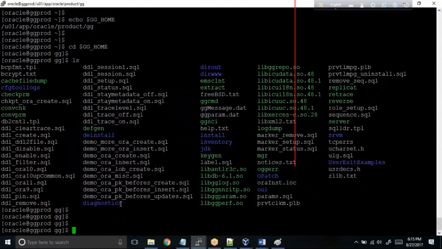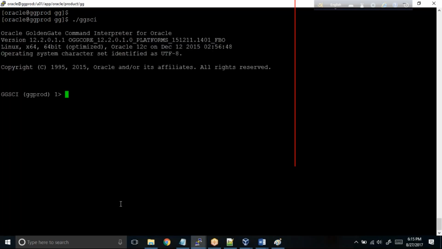And let us start. So what is the first thing that we are going to learn in the Golden Gate home? Like how we have SQL*Plus, we also have a utility in Golden Gate to administer all your Golden Gate stuff. It is known as GGSCI, the Golden Gate Software Command Interface. Okay, so enter. This is where we have entered inside the Golden Gate command line interface, and we'll be using this command line interface extensively to administer the entire Golden Gate replication, to configure our extract